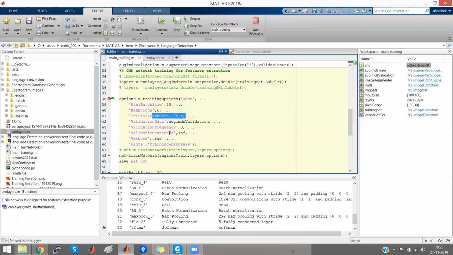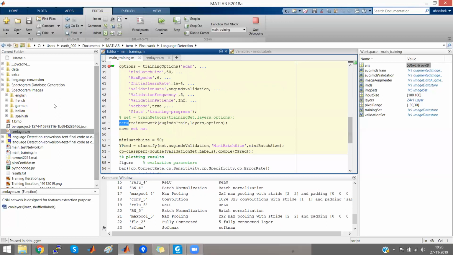These parameters are set by the hit and trial method, and after many mistakes, we set up these parameters to get optimal accuracy. After setting the options, trainNetwork is the MATLAB function which trains the network, and the trained network is saved into our MATLAB directory.